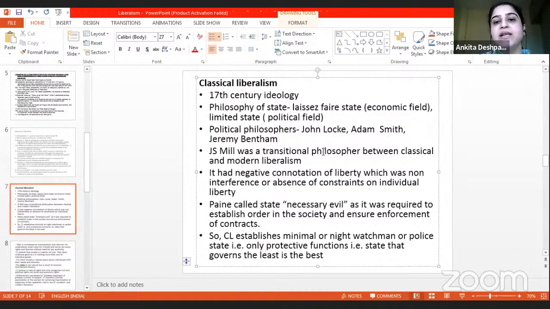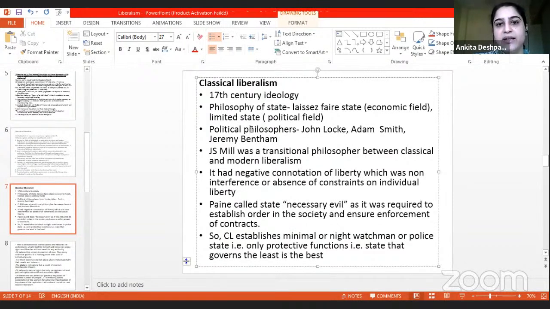But J.S. Mill is a transitional philosopher between classical and modern liberalism. That's the reason why I'm teaching you liberalism before I teach you J.S. Mill. All right. J.S. Mill is a transitional figure from classical to the next. The modern liberalism concept comes with J.S. Mill. All right. J.S. Mill actually brought about a change in Jeremy Bentham's utilitarianism. Okay, he brought about the concept of quality, but I'll go into detail when I teach you J.S. Mill. All right. So you just need to remember classical liberalism, three thinkers, by heart them: John Locke, Adam Smith,